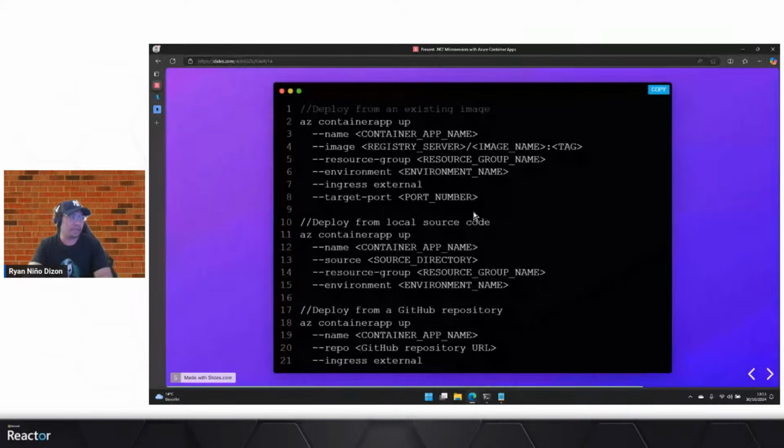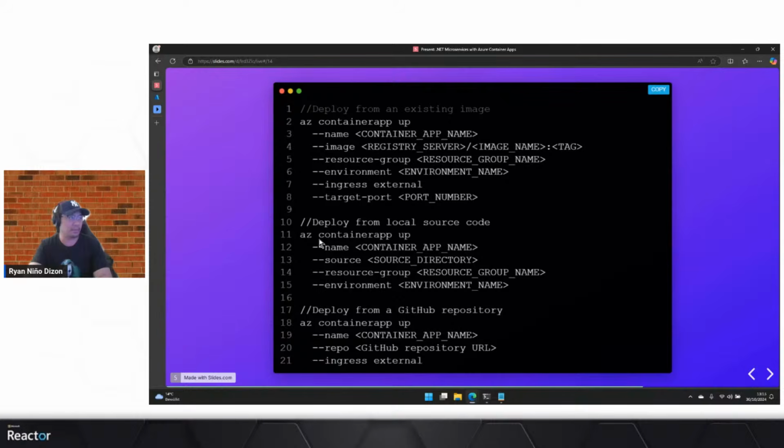Or if you are working locally, if you have local projects, you can also trigger this AC container app,